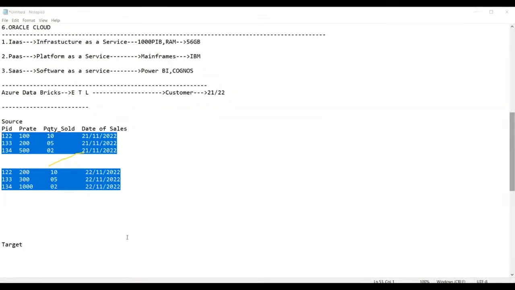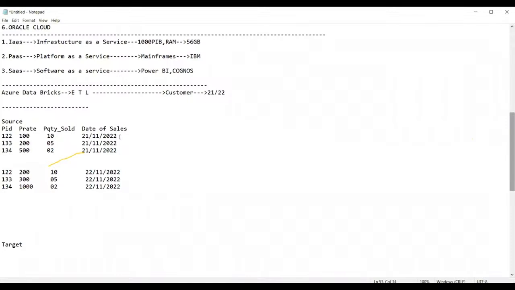If you have a massive amount of data, can you look at the data and decide or not? Suppose each table has some 1 lakh records. Can you decide by looking into the records? Not possible. So for that, we use a technique. What is that? ETL. Let us see how ETL is applied here.